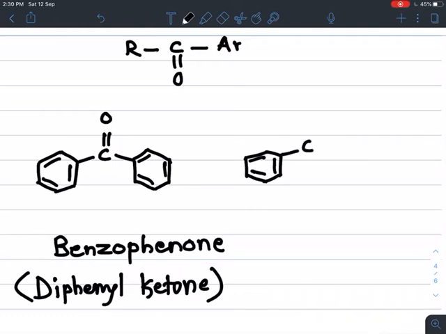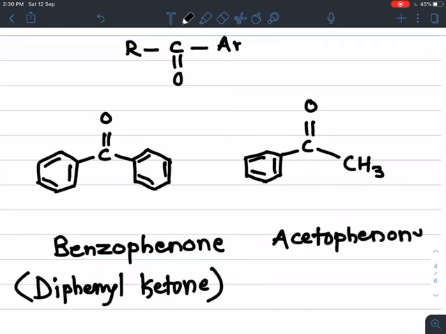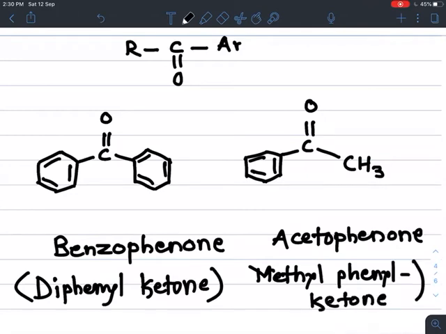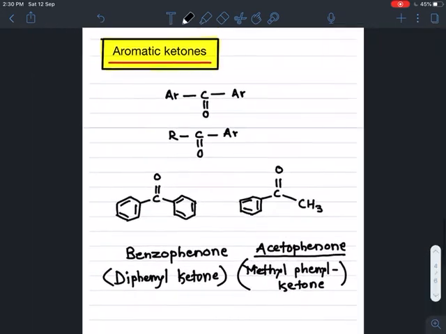benzene ring, and on the other side of this CO group a CH3 group is attached. So this is an example of aromatic ketone, and its name is acetophenone. Acetophenone, or methylphenyl ketone. CH3 means methyl, C6H5 is phenyl, and CO group means ketonic group, ketone. Methylphenyl ketone is another name of this acetophenone. So this is about some examples of aromatic ketones.